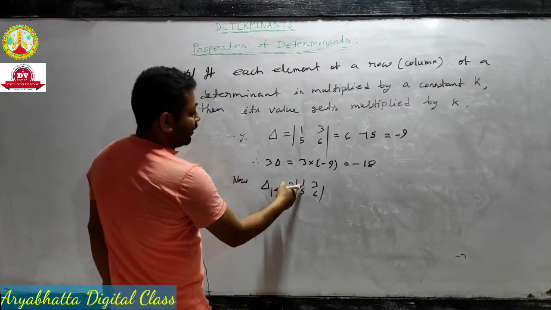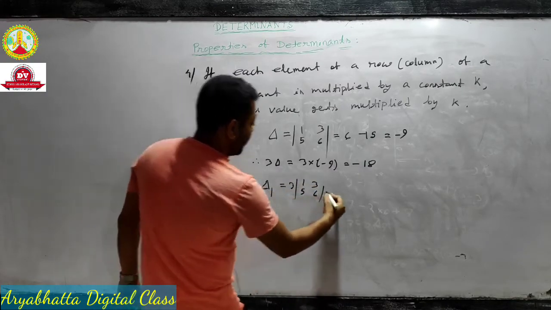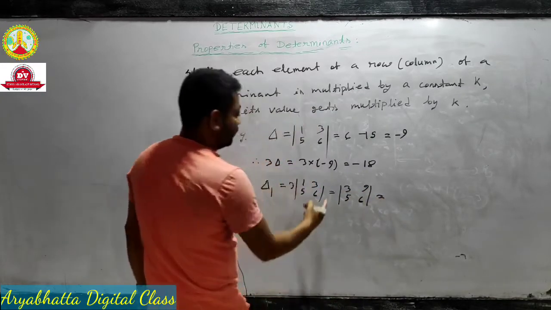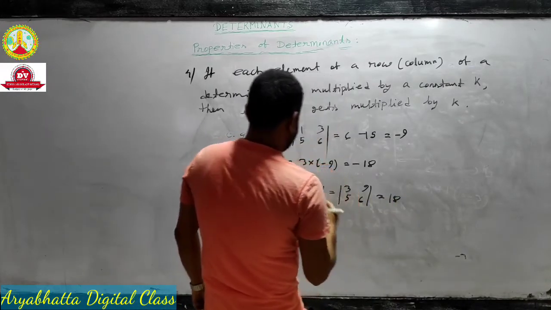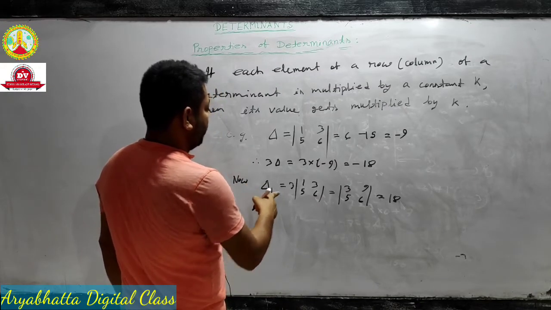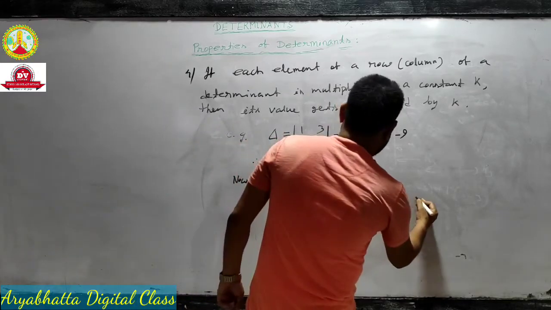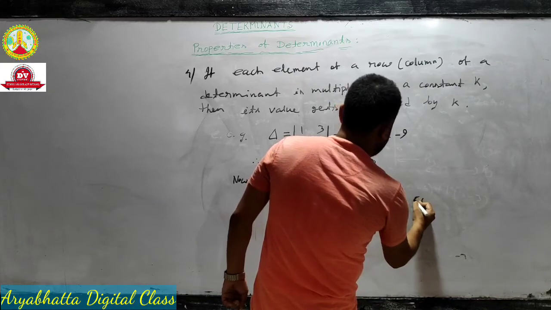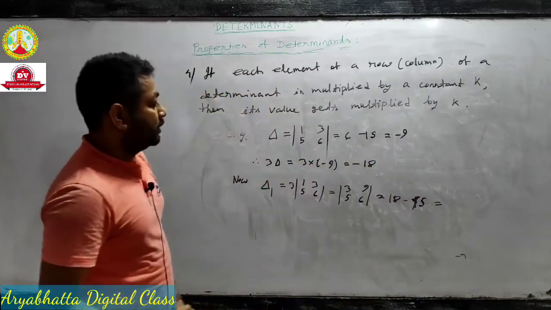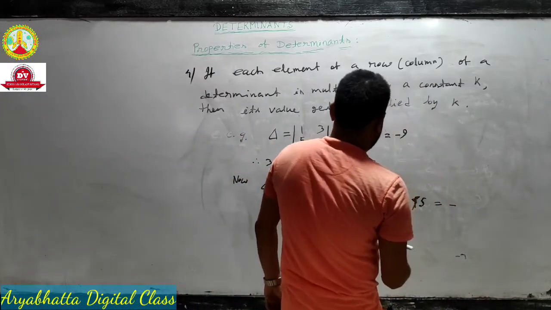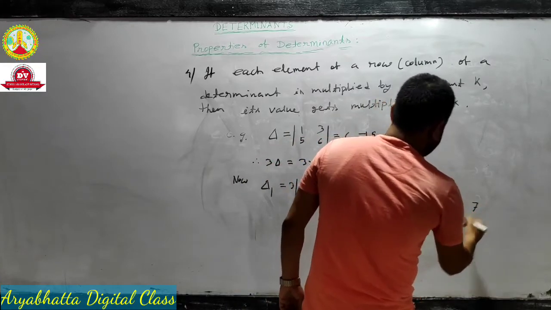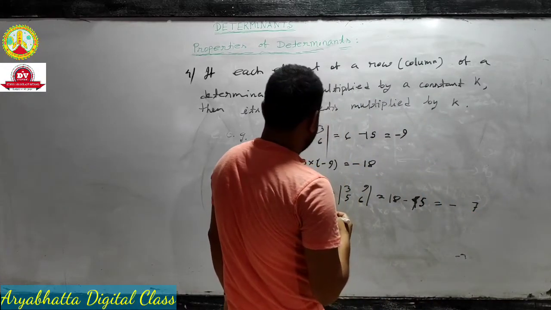Multiplying each element of the first row by 3, we have |3 9; 5 6|, which is equal to 18 minus 45. Sorry,